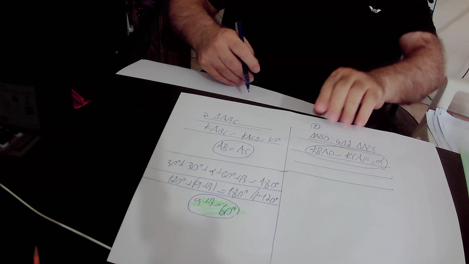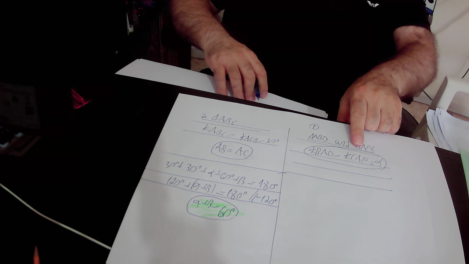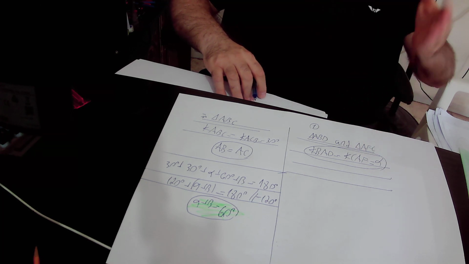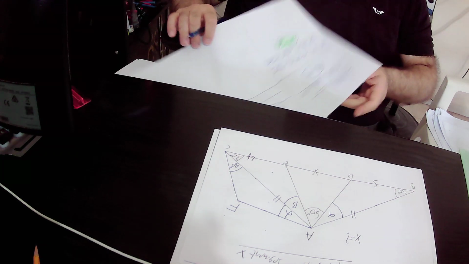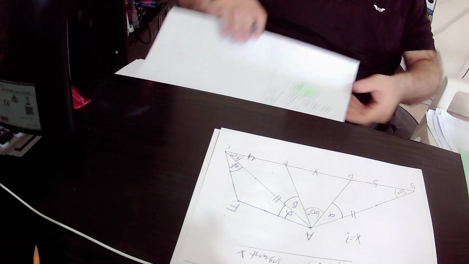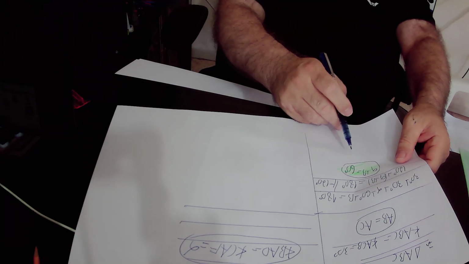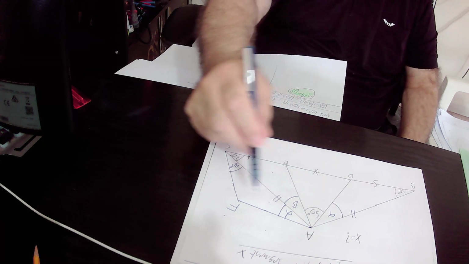I'll repeat again. Angle BAD equals angle CAF. Both angles are equal to alpha, therefore they are equal to each other. We have already proved that alpha plus beta equals 60 degrees, therefore this angle that is equal to alpha plus beta, angle EAF,